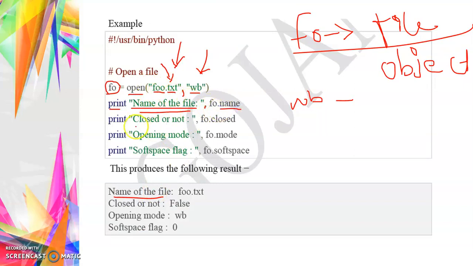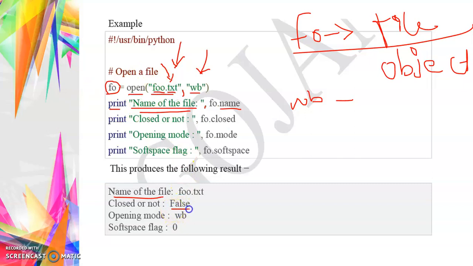Next, I'm getting the information about closed or not: fo.closed. If the file is closed, the output will be true. If the file is opened, then closed or not is false, because the file is open, right?